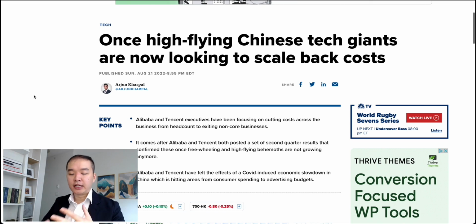And this, of course, is coupled with the recession problem in China, along with the real estate collapse, and also the US dollar becoming stronger because they're increasing interest rates, and China is actually lowering interest rates, which causes capital to flow from China to US, and now they're looking to scale down. Which is very reasonable because if the economy is not good, you can't really scale up anyways.